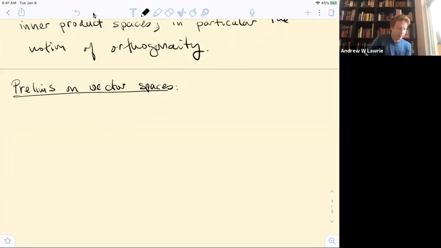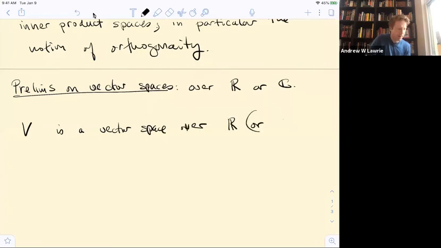Vector spaces over R or C. We say that V is a vector space over R or C